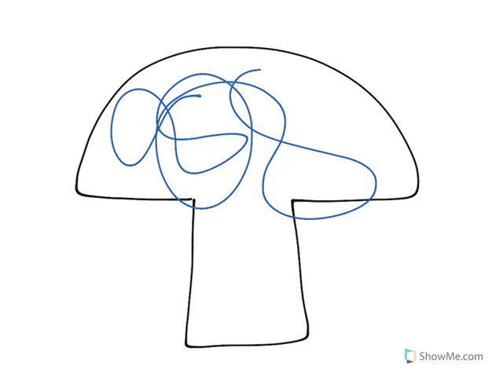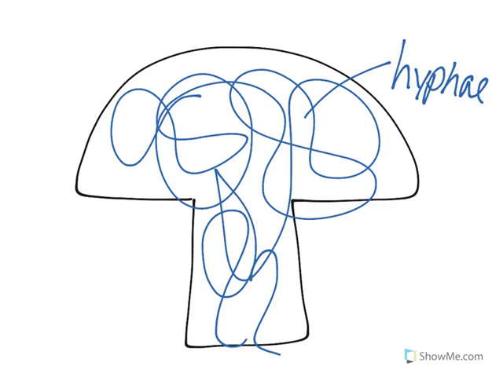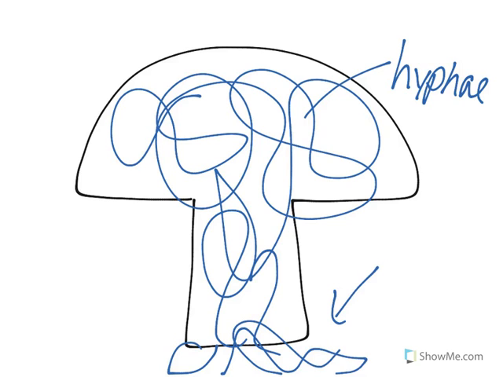So let's kind of look at the structure of a fungus. I'm going to draw it as a mushroom, but it definitely doesn't have to be one. But here are the basic structures that you need to know within a fungus. There's going to be a network of fibers within the fungus, and this is going to be known as hyphae. But that's only when it's inside the fungus. Once it starts extending outside of it, it becomes known as mycelium. These mycelium are actually going to be interacting with the environment, so that's why it's given a different name.